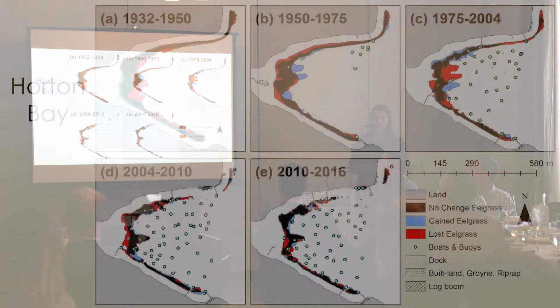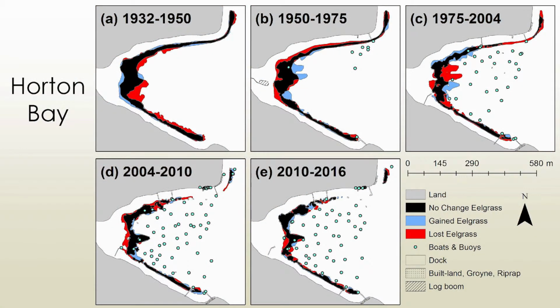Now, the landscape level indicators are a cumulative indicator, so it doesn't necessarily pinpoint specific changes. So I just wanted to show you one case. There's actually examples of this in all three of my sites, but this is one of the more interesting ones where you have shoreline activities having a fairly clear direct impact on the eelgrass over time. So this is Horton Bay, and each of these frames show you the change between two consecutive mapping years. So, for example, the 1932 to